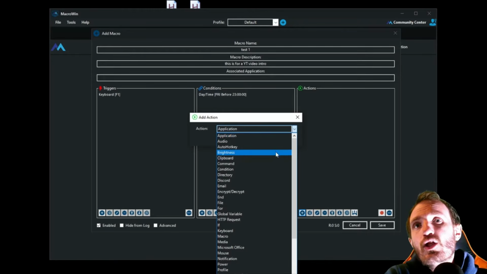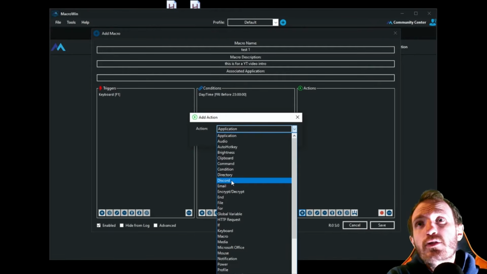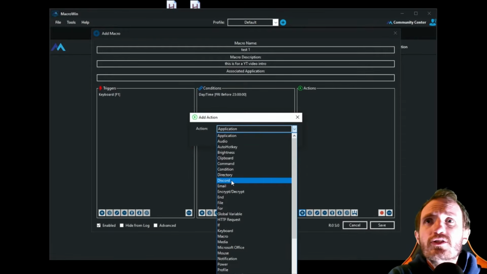So once again, lots of options, even more here with stuff. There's even one here for Discord. I'm not even sure what that does. That's kind of curious. I'm going to have to play with that one. I'm guessing it's maybe a bot style thing. If you guys test this out, let me know in the description below, or I'll reach out to the creator and give him a quick question on what that one is, because that's pretty cool. I didn't actually notice that before. I like that.